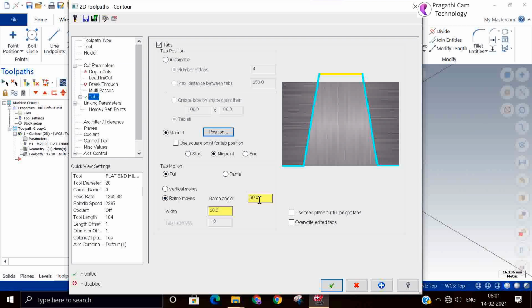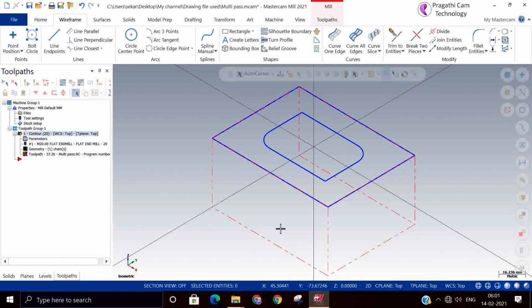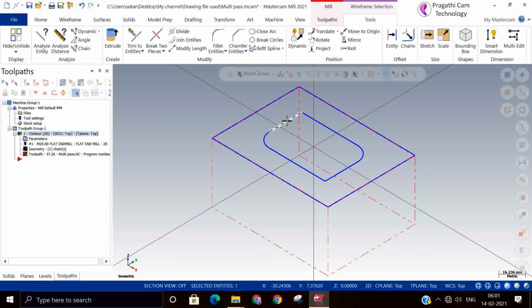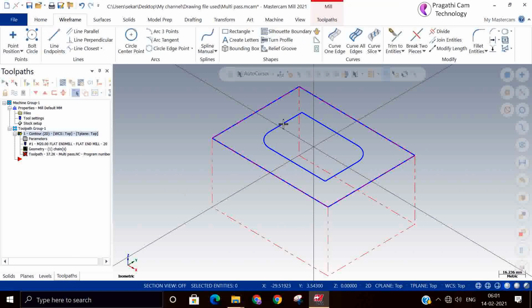So I'll just reduce the width of the tab a little less. Okay. Space is less, I think.